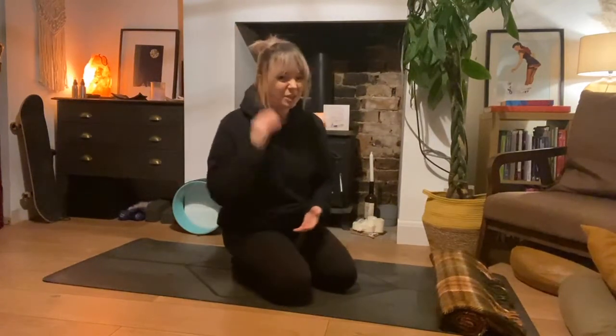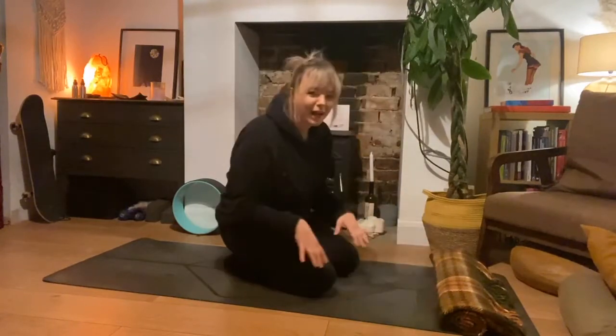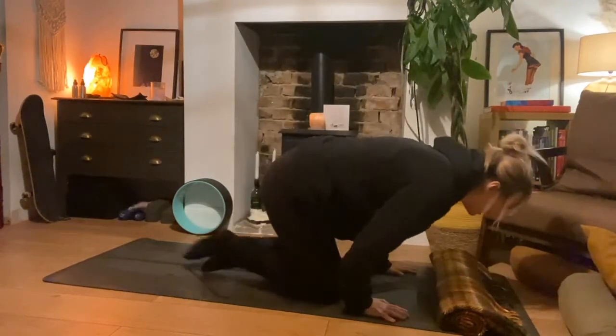Take some time, especially if they are tight. It might not happen straight away, but it's a good one to try. And it's very calming as well, which I quite like. So you're lying on your tummy,